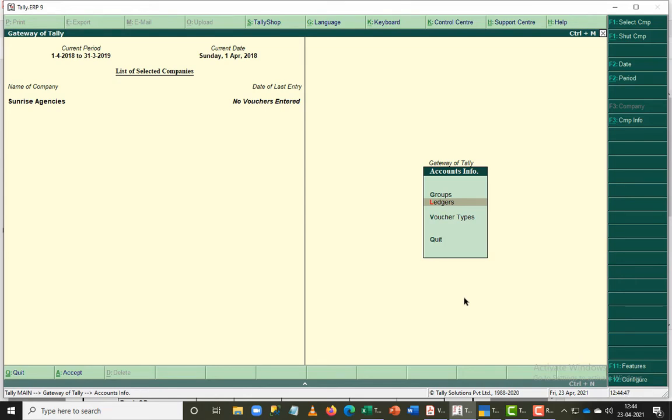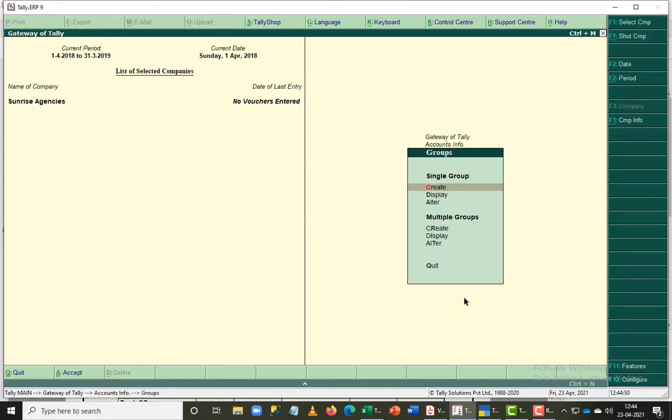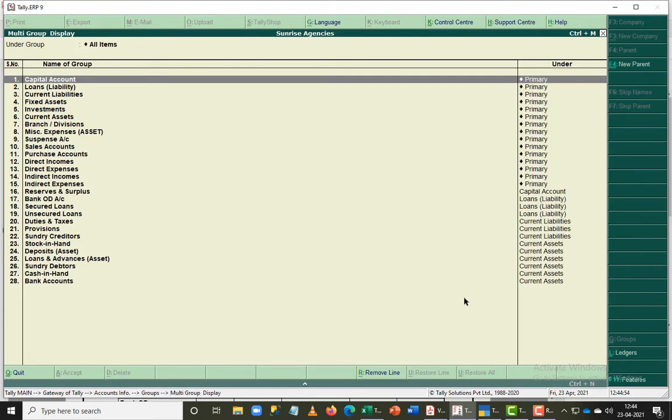So when I go down to the group component, generally when you are working with Tally, you won't create a group because you will have 28 predefined groups already available here. I won't say that you won't create at all. You can create if you want to, but in 95% of the data that we get in Tally, we won't be creating a group. We will be concentrating only on the ledger component. So we will create whatever ledger that we don't have.